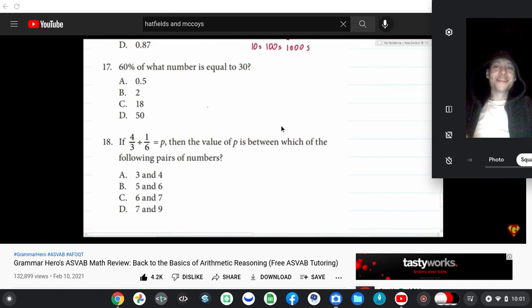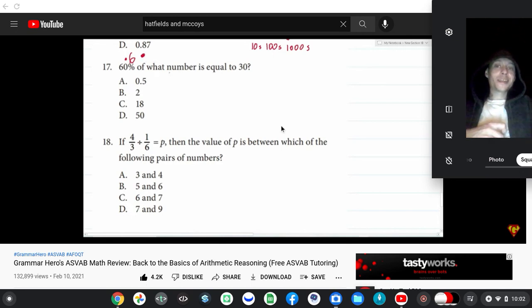Number 17 says 60% of what number is equal to 30. Now these questions, 60% of what number is equal to 30? They get stuck in trying to analyze the question. Again, we'll need to shift that decimal to the left. As we saw previously, 60% is the same as 0.6. Of, in math, means multiply. So this is 0.6 times